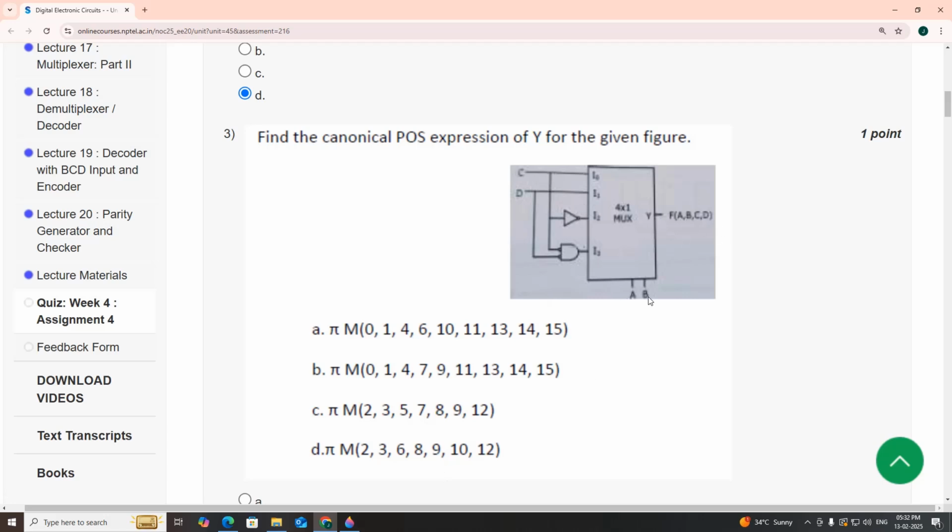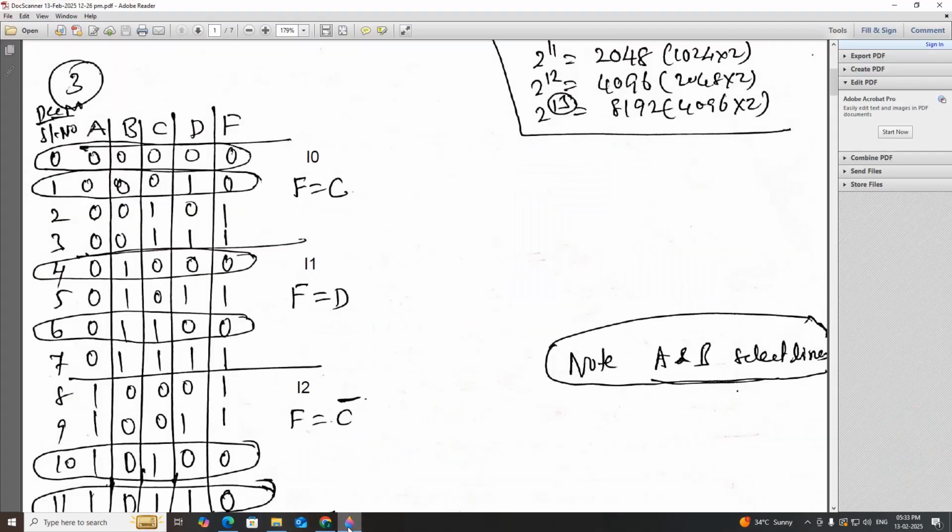So here, if A and B are select lines, we know if A is equal to 0 and B is equal to 0, then y will be connected to I0, which means C. So that means f equal to C. So we'll try to write the output first now. A and B are 0 0 in the first four combinations. So f is equal to C, just now we saw, because f, sorry,